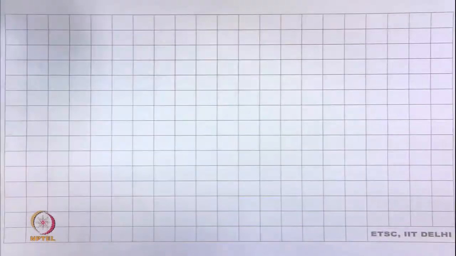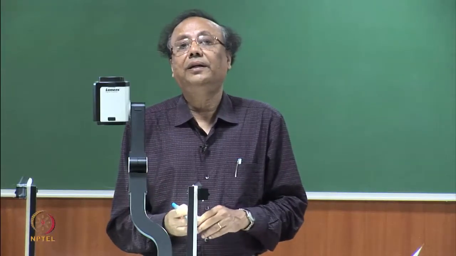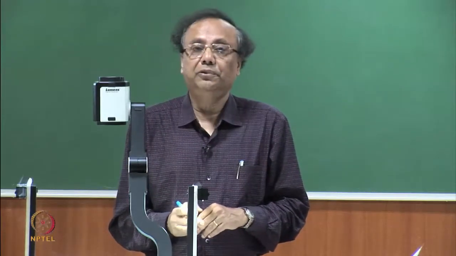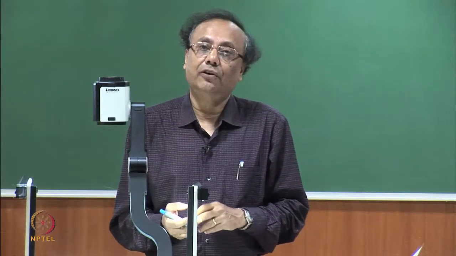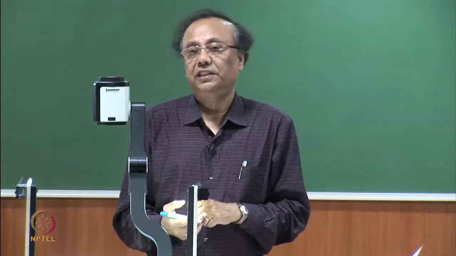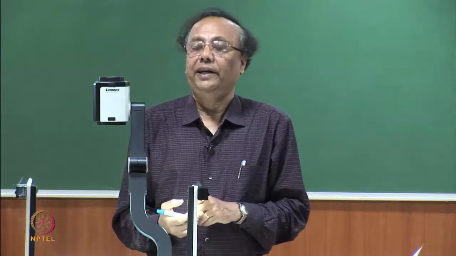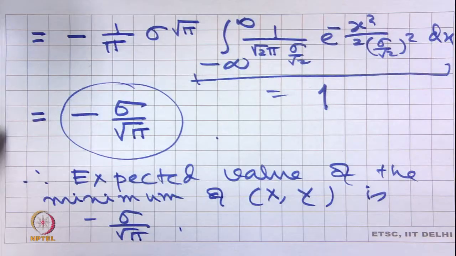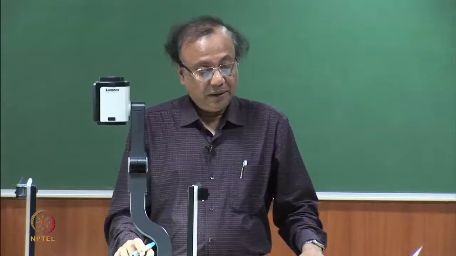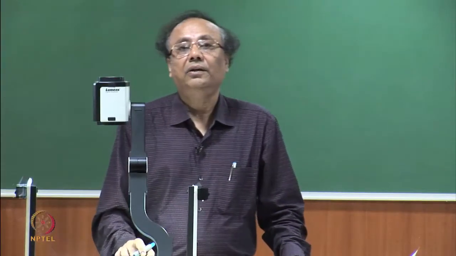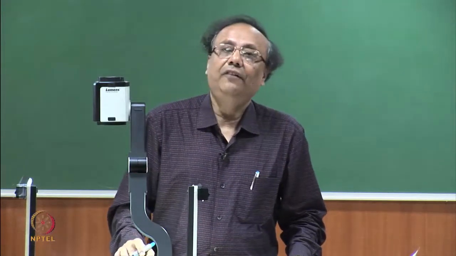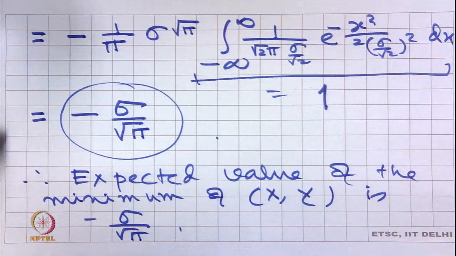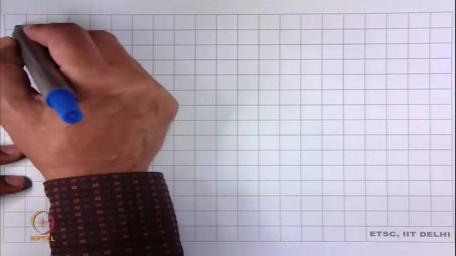Now, you can see that since we are dealing with a normal distribution, things have not been as straightforward as we had with respect to the uniform or exponential distribution, but we have solved the problem in a tricky way. There is a longer way of doing it, which I have done halfway and left as an exercise for you to solve at home. Now, let me give you another tricky problem.